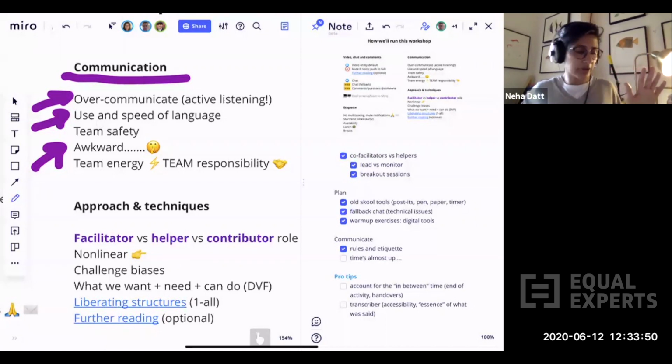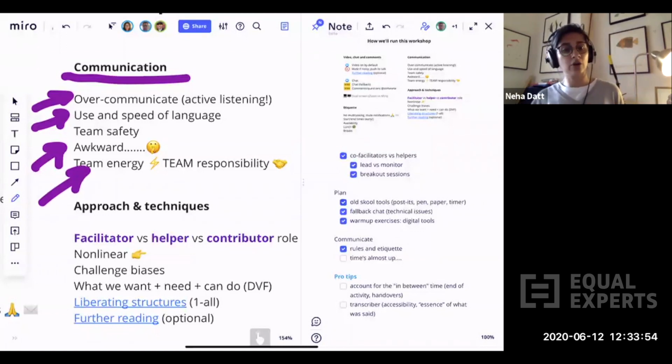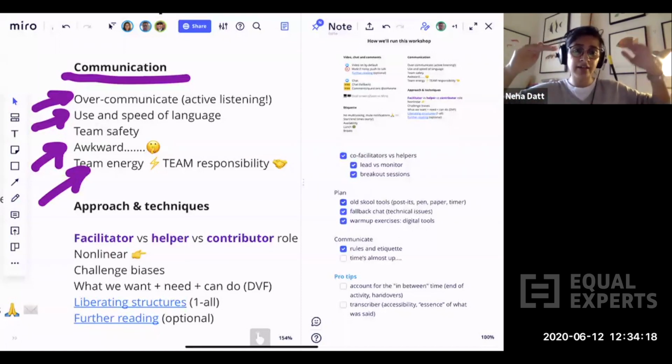And it's important to also acknowledge this next point, which is that they do have an impact on the team energy levels. Not just the awkward silences, but even the fact that we're working in a remote workshop does have an impact on the energy levels as opposed to if you're working in person. So it's not just the responsibility of the facilitator, it's the responsibility of the whole team to make sure that we have momentum, and everybody should be trying to motivate everybody else. And it's not to say that it should always be high energy. As I was saying, you have high energy and low energy activities,